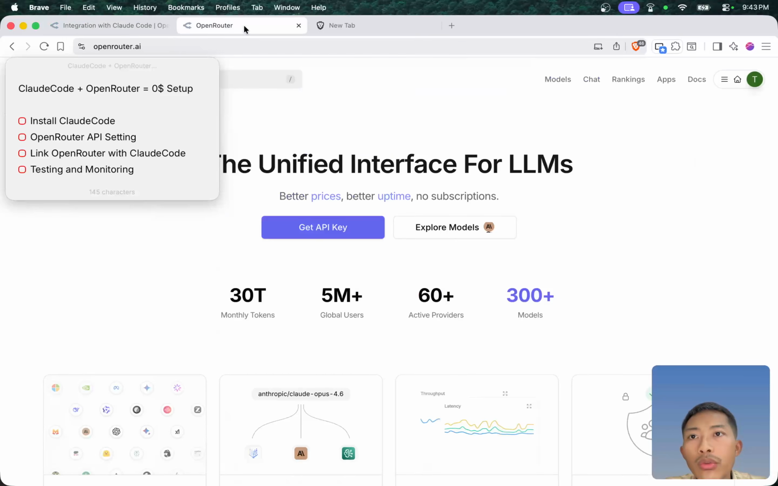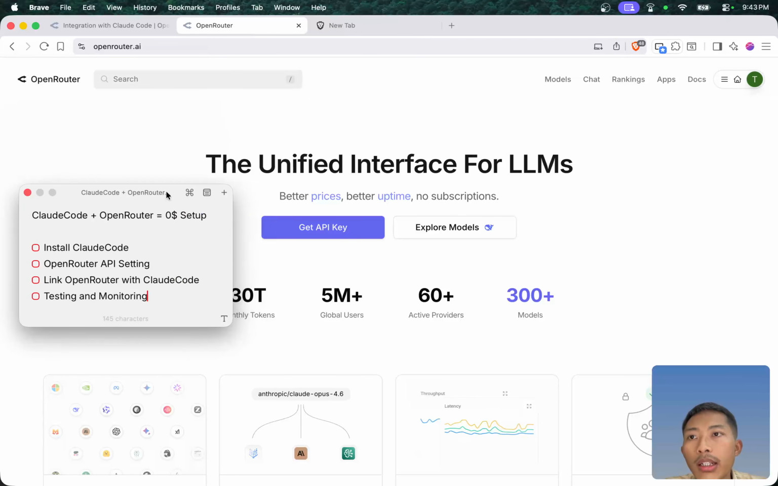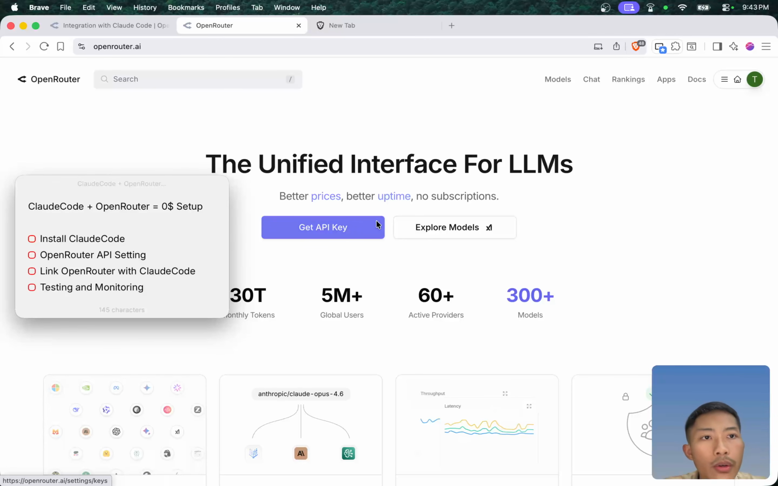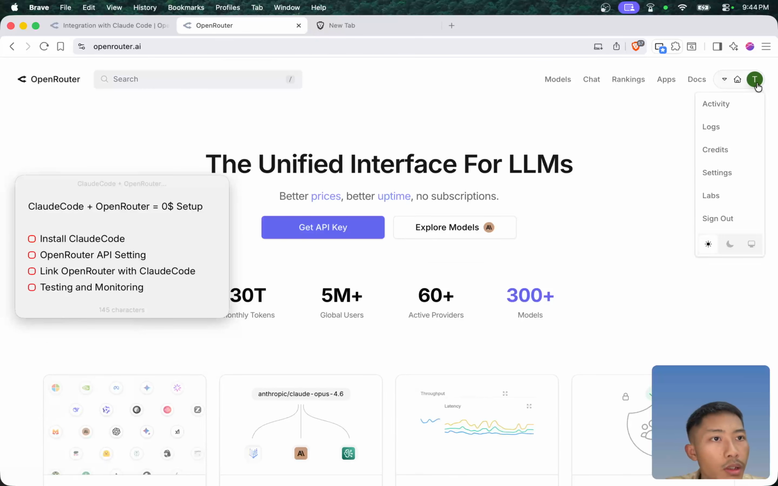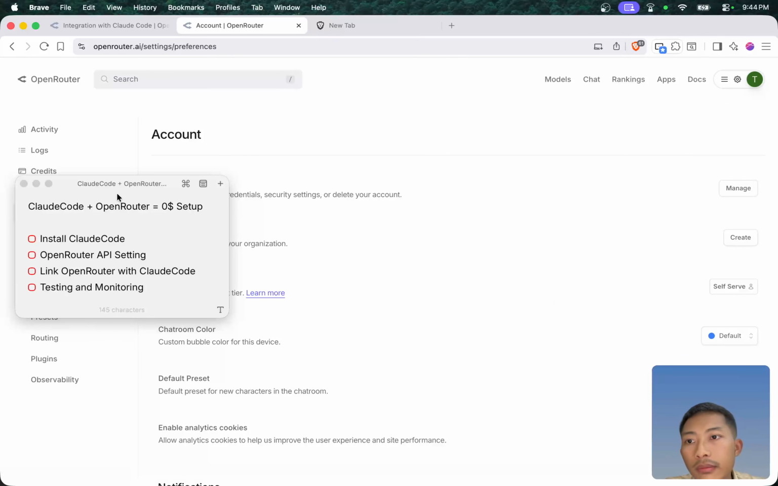Here, we have to go to the OpenRouter website, openrouter.ai. So you have to create an account by using your email or Gmail. I already created one. Then we will go to the settings. If you don't want to do this, go to settings and step by step, you can just click the get API key. Okay. So for the step by step here, click settings, then